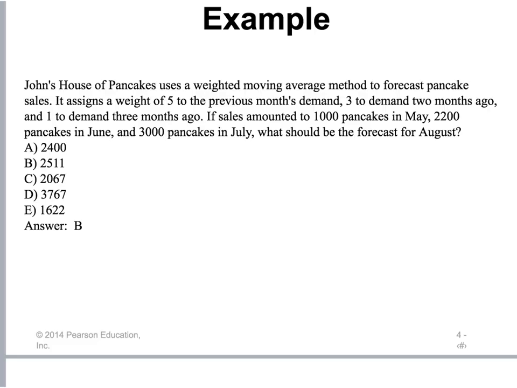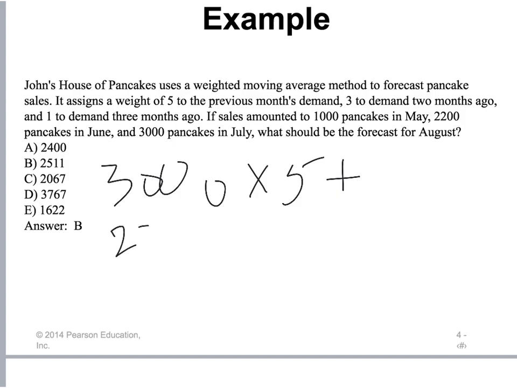Let's start with July: 3,000 times 5, plus 2,200 times 3, plus 1,000